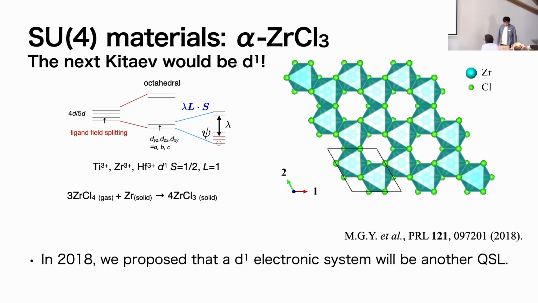What I found at that time is that if you write down the effective Hamiltonian for a d1 material like alpha-ruthenium trichloride, then the low-energy effective theory potentially has a large symmetry called SU4. At that time, I also found a very old chemistry paper claiming that this honeycomb material can be realized. So now this is a very nice playground for new physics based on this new symmetry of SU4.